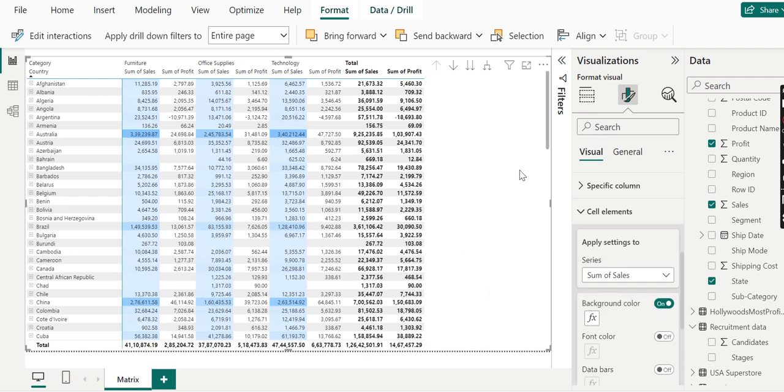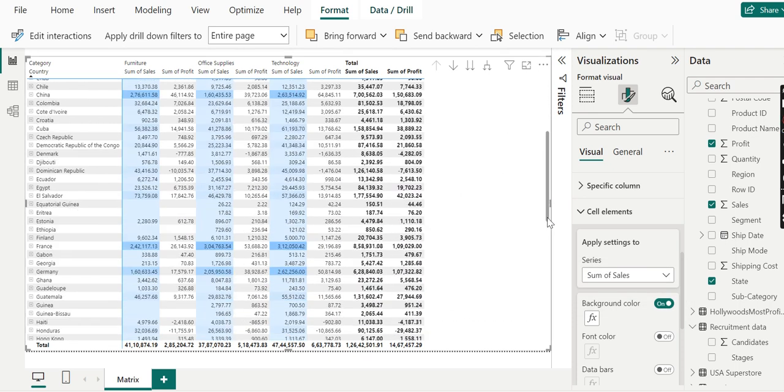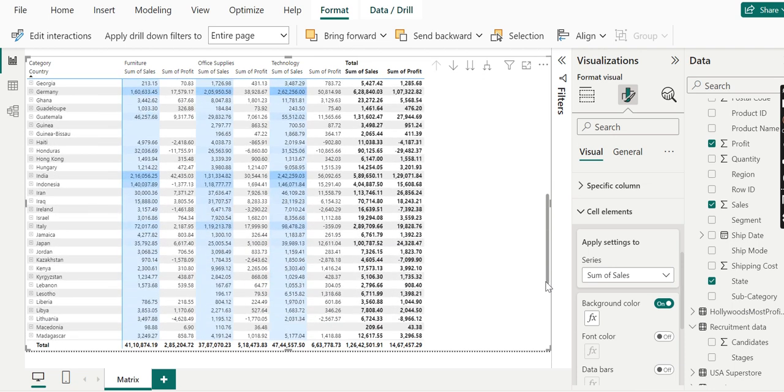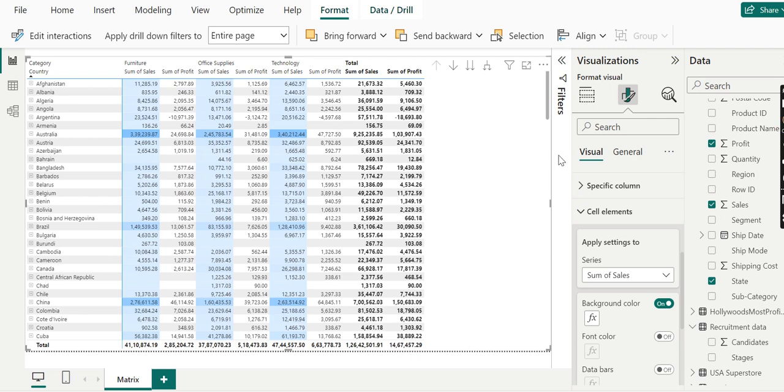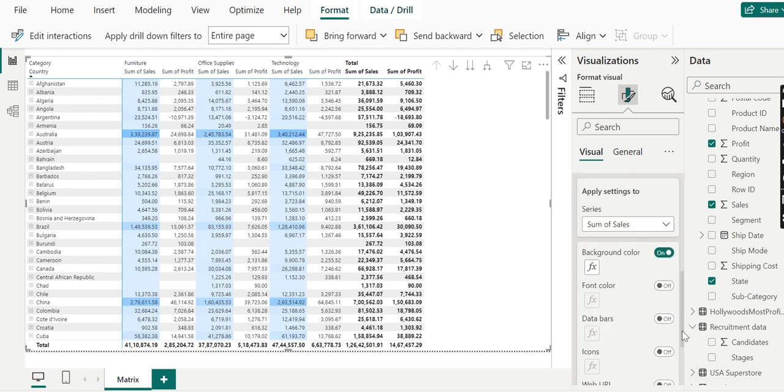So that's why it's showing a darker color. If we scroll down further, we can see a few countries like France and Germany where the color shade is darker. So we can see in all three categories or in some specific categories there is a darker shade for a larger number of sales. So this makes each sales column represent a blue shade, and in a few versions this is shown under the option more advanced settings.